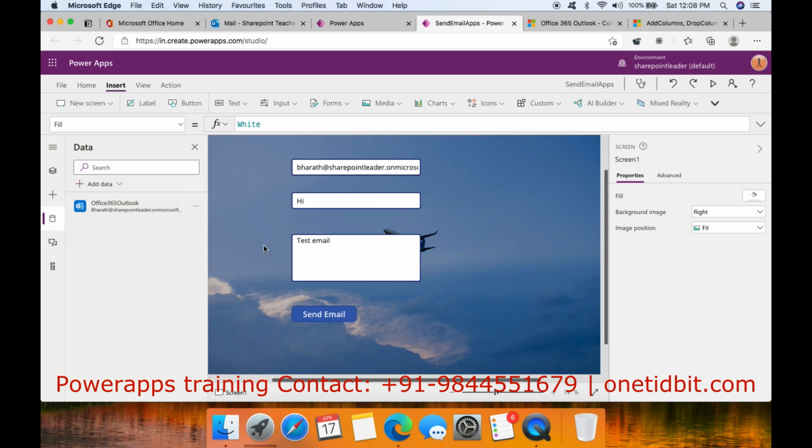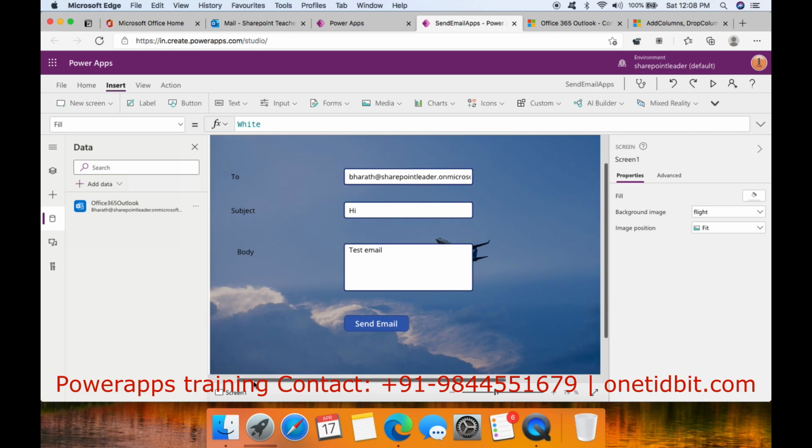For that, if you add a SharePoint list to a Power Apps form, along with other fields or columns, it will show the attachments column also. In the attachments column there will be a control to which we can add PDFs, emails or Excel sheets, etc. So we can use that control.